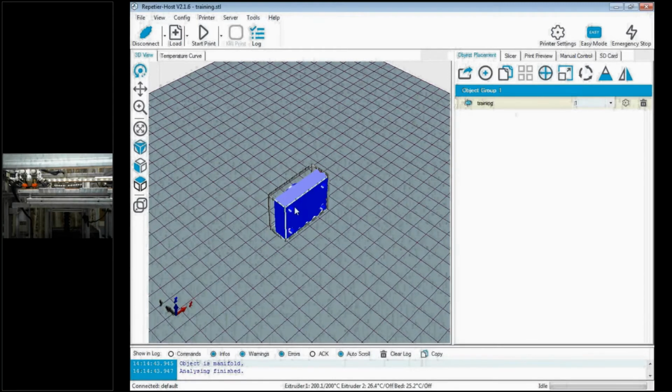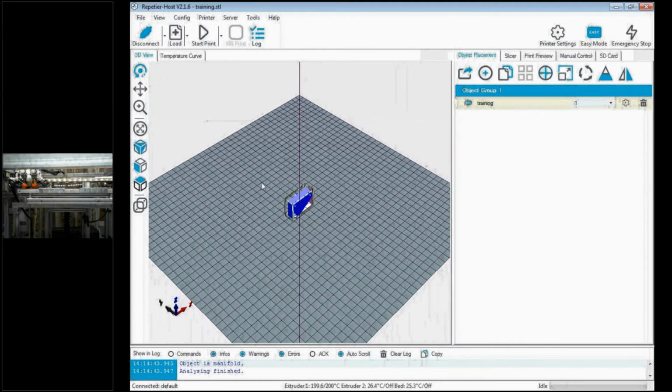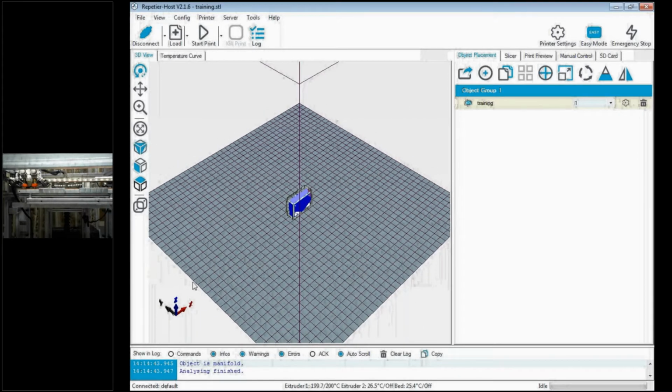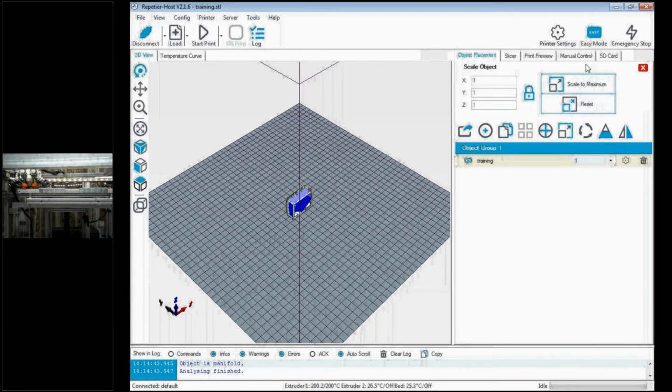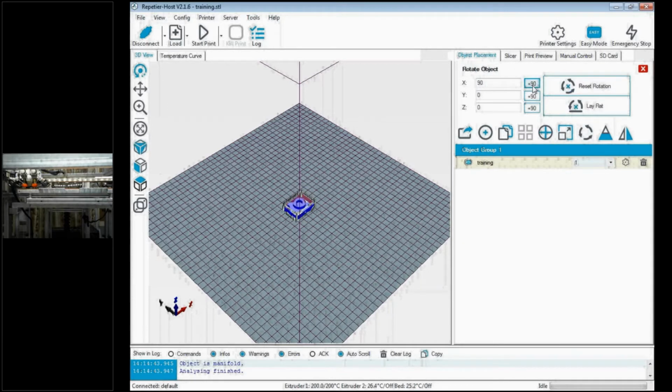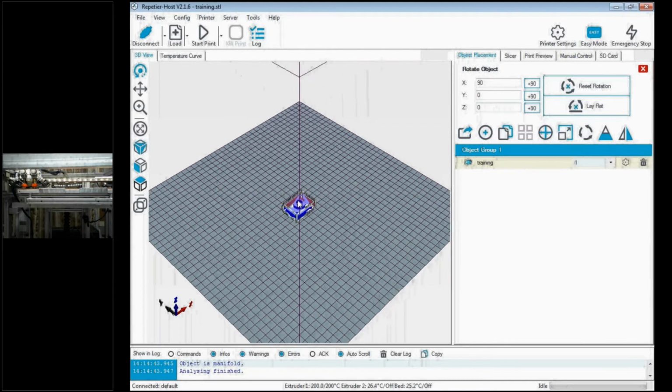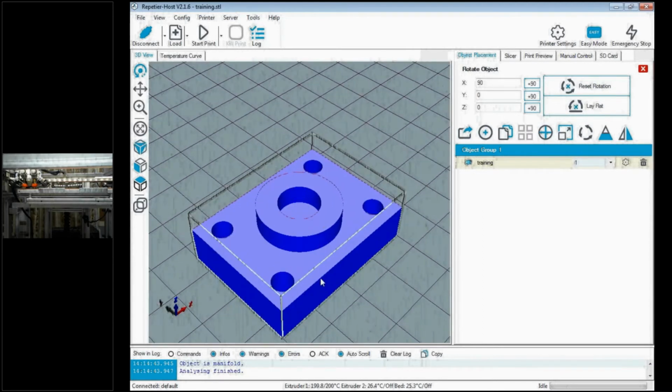This one is center. Okay, so we can place the object in the center of the table. So this work table is 400 cross 400 mm. So that is as per our printer requirement. So this is actually your scaling. So you can scale up or you can scale down the corresponding model, and we can orient this product. So if I am going to keep it like this, we don't need any support structure to be printed.